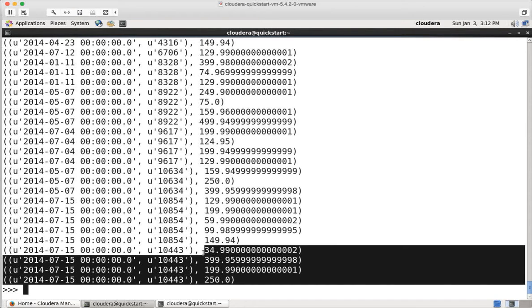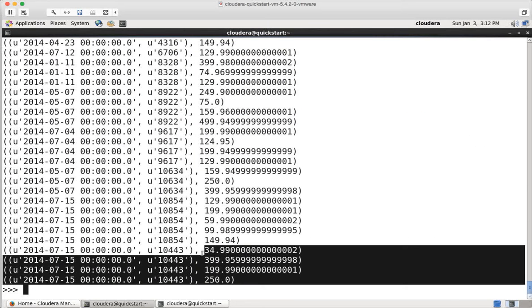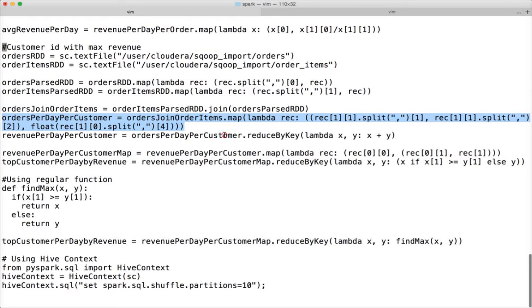Like that we have to do for each date for each customer, and then we have to get the order date out, and then we have to compute who has the maximum revenue, which we will see. So for this, the input type for our aggregate function and the output type for our aggregate function is the same, because we are passing input as the float values, which is revenue, and then we are getting the sum of the revenue as the output. The data type is same, hence we can use reduce by key directly